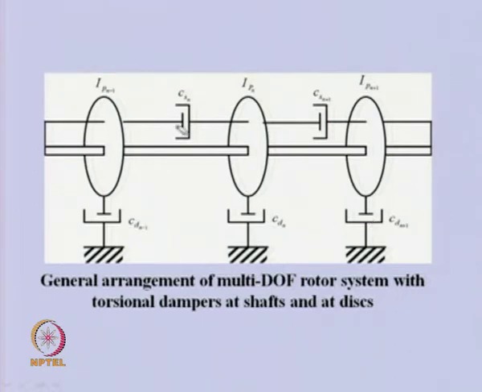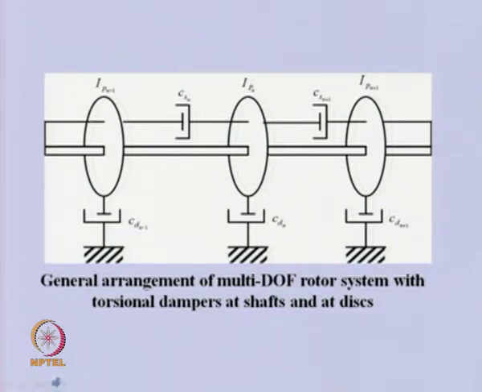Apart from that, we have damping in the shaft, either in the form of material damping or an external damper. In this particular case also, whatever damping force there will be will be proportional to the relative twist of these two discs. In both cases, we are considering this damping model as proportional damping. So, this will be proportional to the relative velocity of the disc or the absolute velocity of the disc, depending upon what kind of damping we are considering.